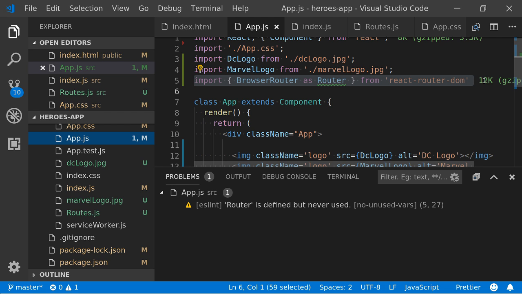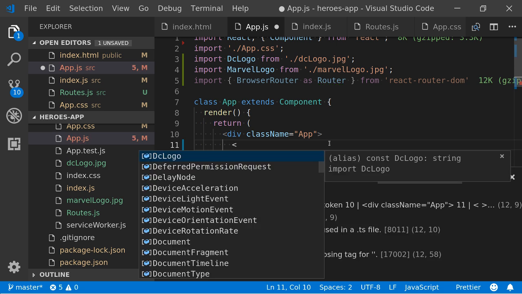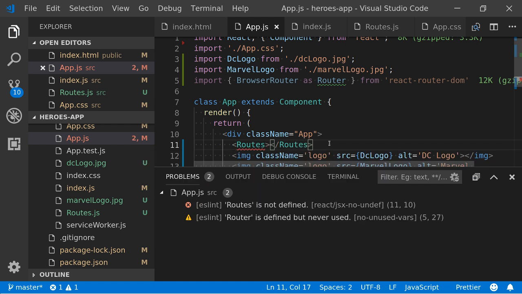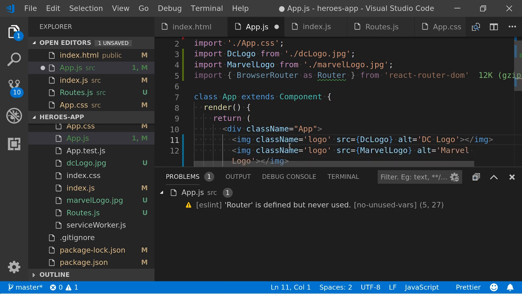So I could import that again at the top of my app, and then if I wanted to actually render that, then I would just add routes there, and that would import my routes component into there. That's generally how we do it. We're not going to go into that really tonight.